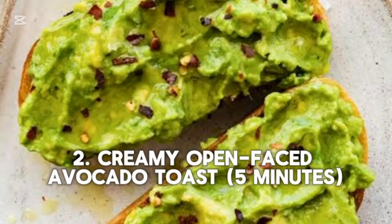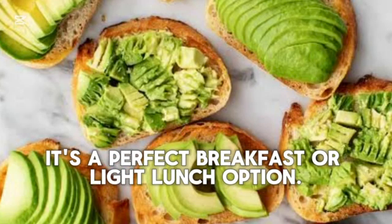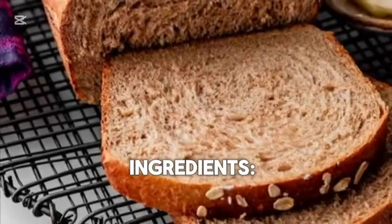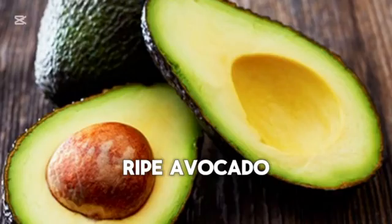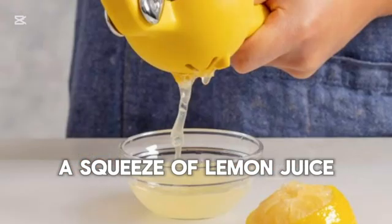2. Creamy, open-faced avocado toast, 5 minutes. Next up, we have a creamy avocado toast with a twist. It's a perfect breakfast or light lunch option. Ingredients: 1 slice whole grain bread, ripe avocado, red pepper flakes, a squeeze of lemon juice, a pinch of salt